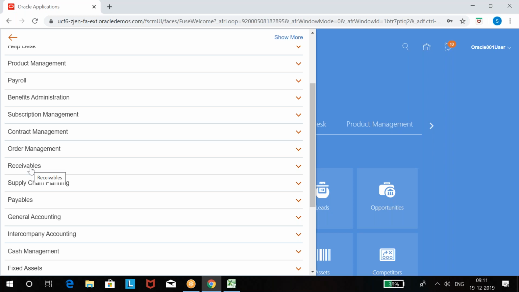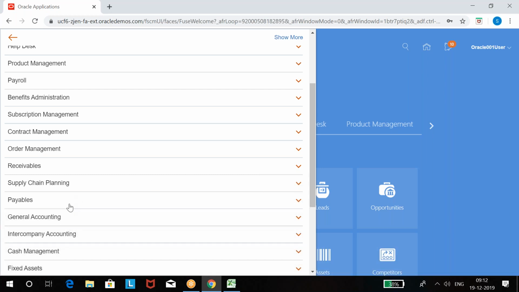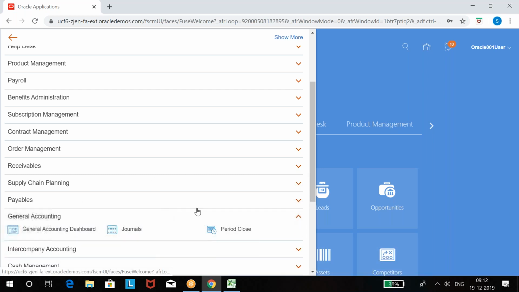See, you got receivables, but it does not mean you got access to the functions. If you want access to the functions, then job roles are required, AR related job roles. Now we have assigned AP related job roles. That's why we got access to the payables dashboard, invoices, and payments. These three activities we do in payables. In the dashboard, we don't do anything. It will show you the whole picture of payables, invoices, and payments. What we process here is invoices and payments. Okay. And this is journal accounting. Already we have discussed this, right?